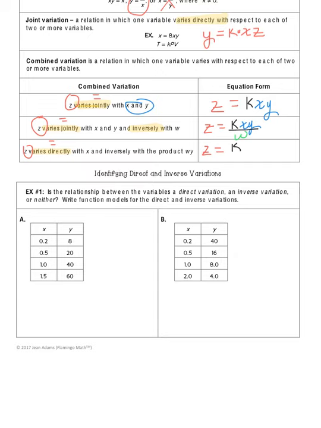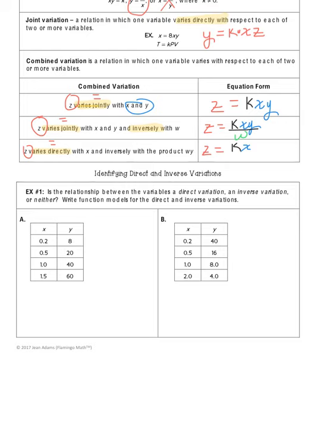Well, remember, direct variation and joint variation are the same thing, but this doesn't say varies jointly with x because it's only a single variable x. If it's more than one variable, like x and y, then it's going to say varies jointly. So it just is varies directly with x, so x goes directly across over here, so it's in the numerator,